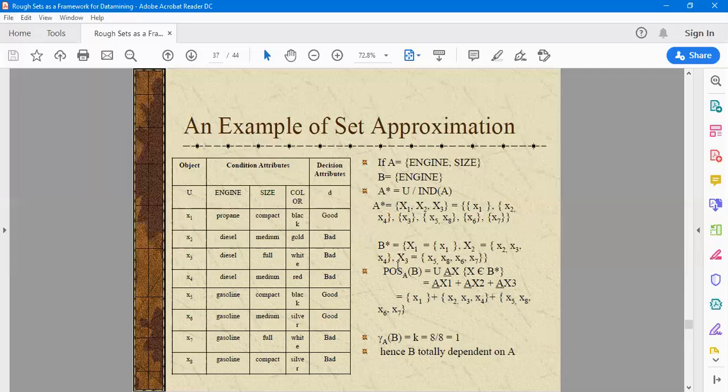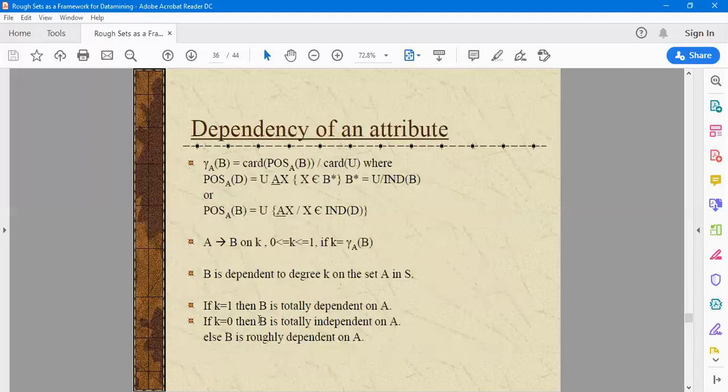So total 8 members in the positive region, so we wrote 8 over here. And what are the total members in U? They are also 8. Clear? So 8 divided by 8 is 1. If it is 1, then we say that B is totally dependent on A, because whenever it is 1, B is totally dependent on A. So B is engine over here and A is